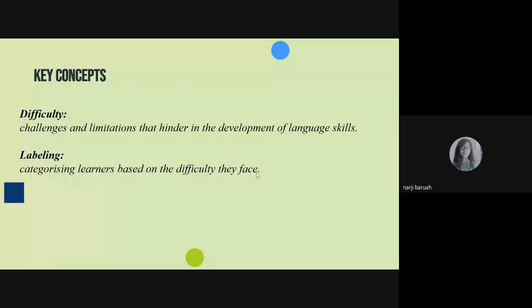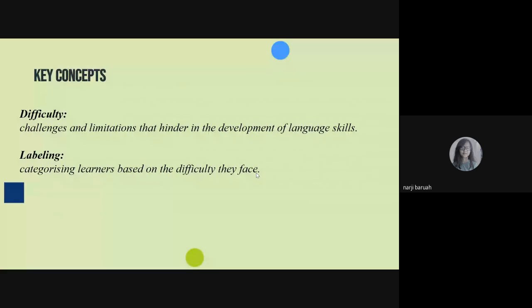If we take into account the word disability, suppose a student has locomotor disability, he or she is facing a limitation or a challenge, and hence we are using the term difficulty instead of disability. If we understand the definition or the meaning, the word difficulty better suits than disability.